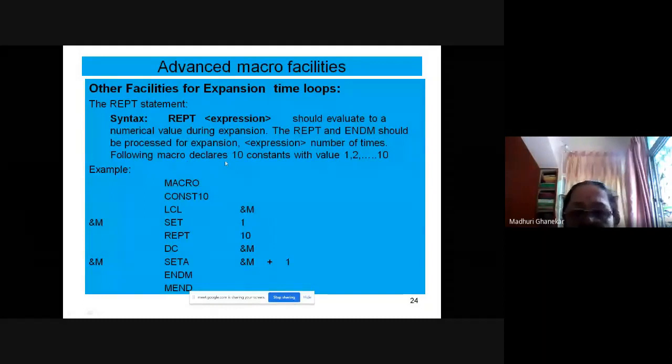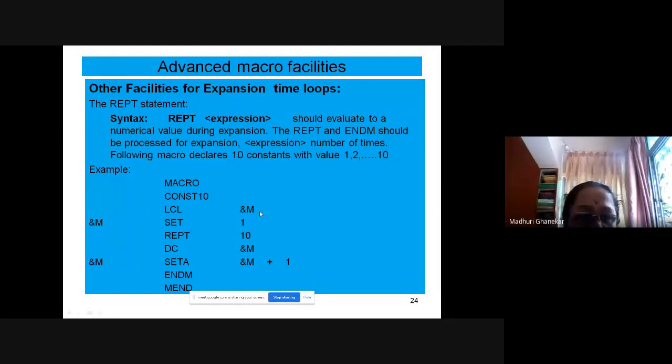The following macro declares 10 constants with values. So we will see how that macro is doing. CONST10 is the name of the macro. LCL &M will declare M as an expansion time variable, a local variable inside the macro.